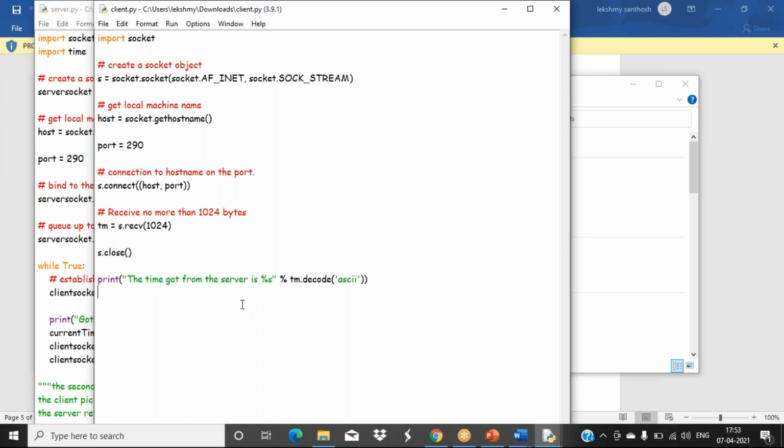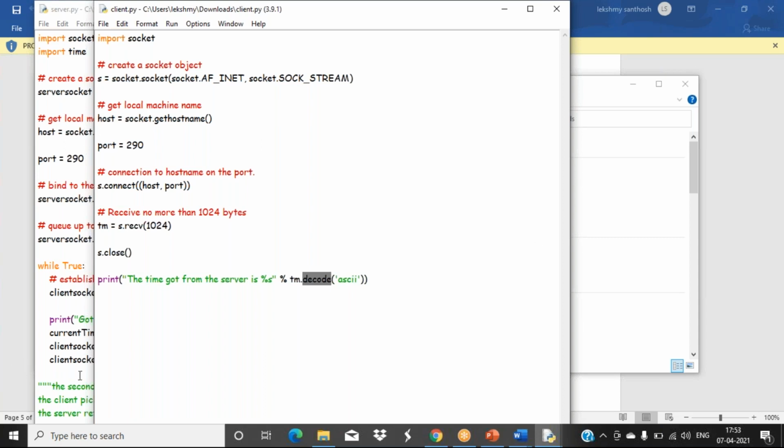And while displaying, that is coming in the number format. Now whatever information I have sent, we have to decode that again into string format. So that decoding part is doing it. While sending we have done encoding, and while receiving and displaying to the user, we have to do the decoding part.